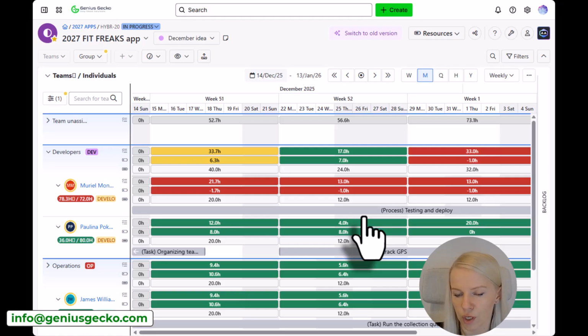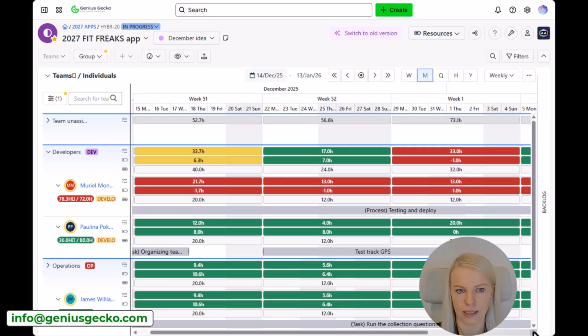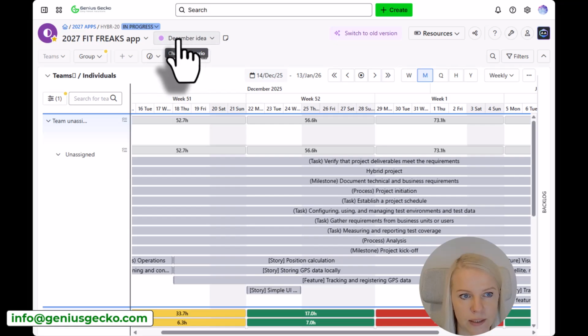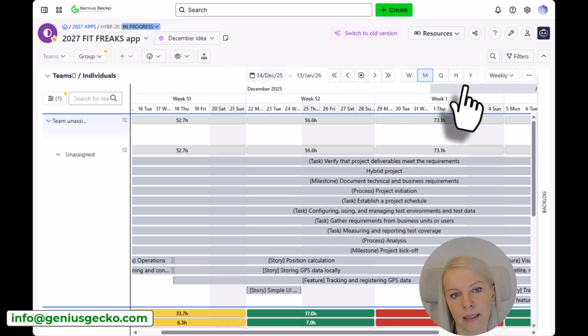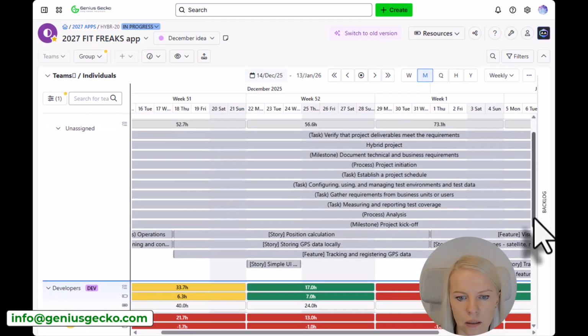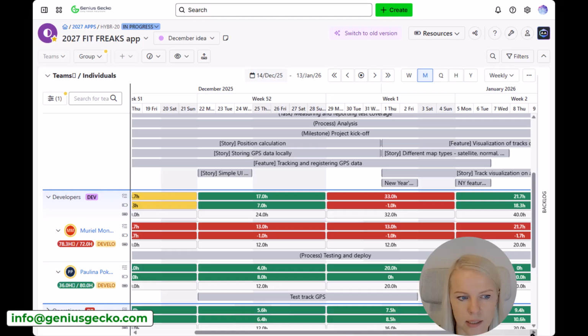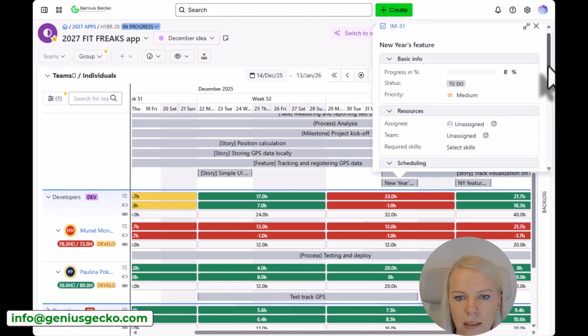We can then of course change our mind and synchronize and apply those changes, but this is going to follow as soon as we think the plan is okay to go with. All right, so you can see that we are operating in a scenario mode, right? We have this color in here and in the name of it. And I can see that I have some tasks that are not yet assigned, and I would like to assign this one